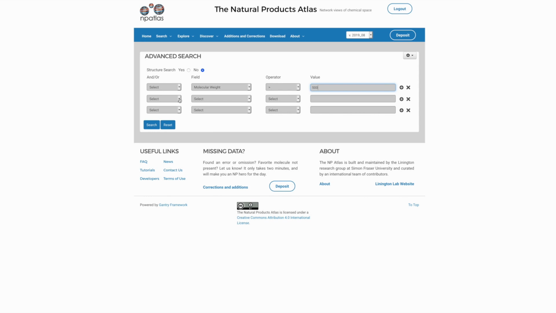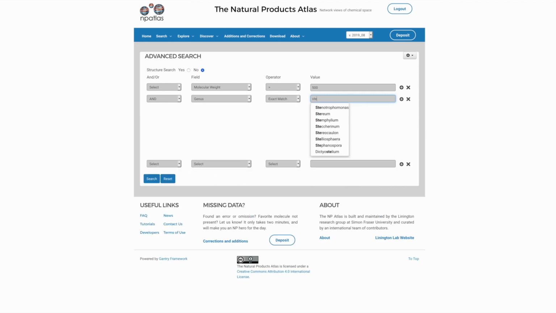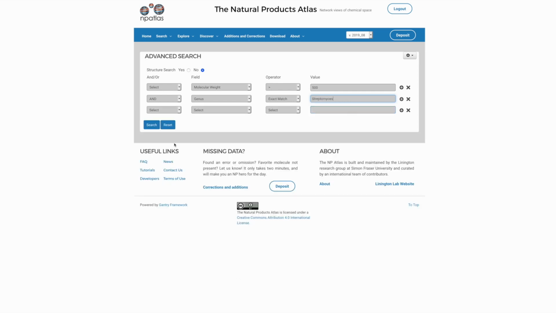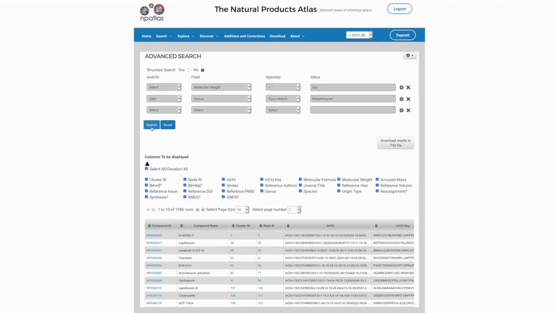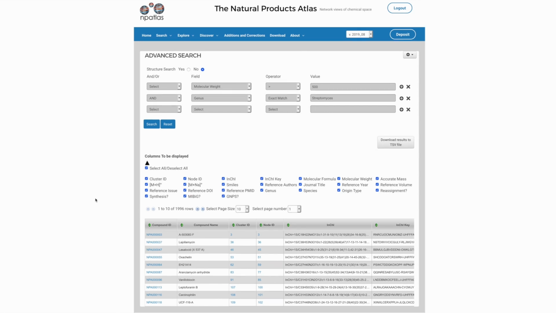we can then further filter that by requiring the genus to be an exact match to Streptomyces, and we can then apply this search. The search results give us almost 2,000 compounds which fit these requirements, and the results are presented here in a table at the